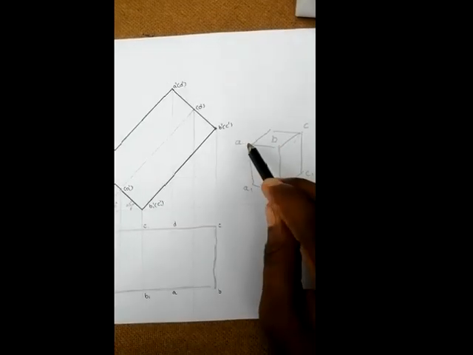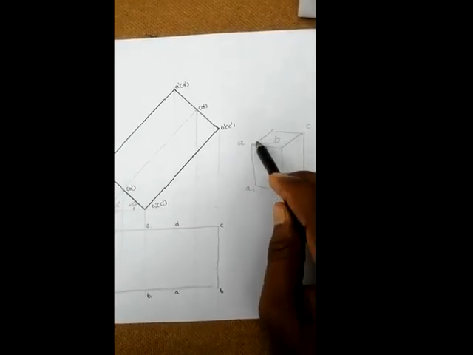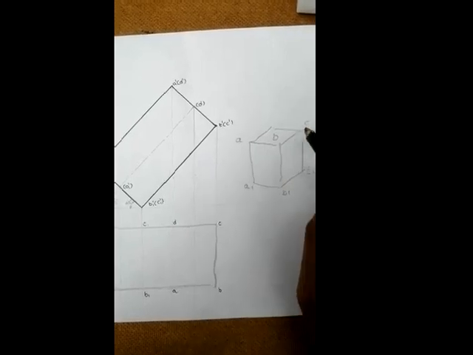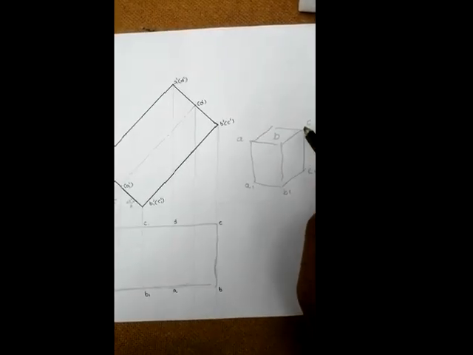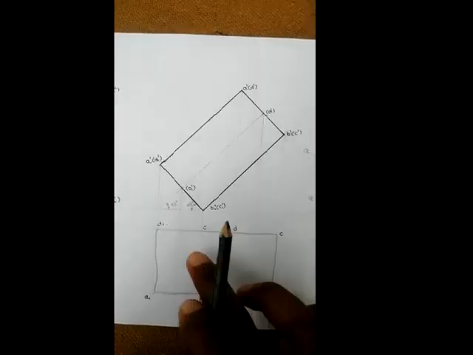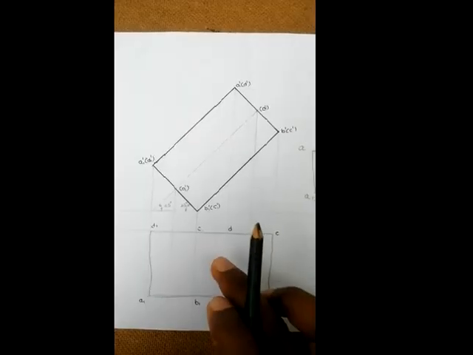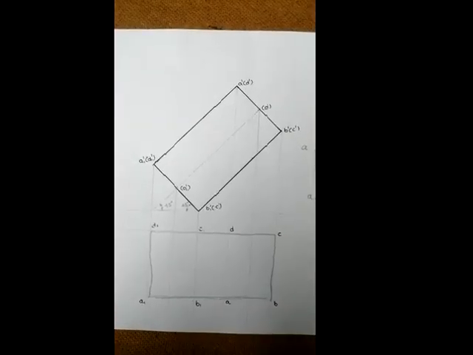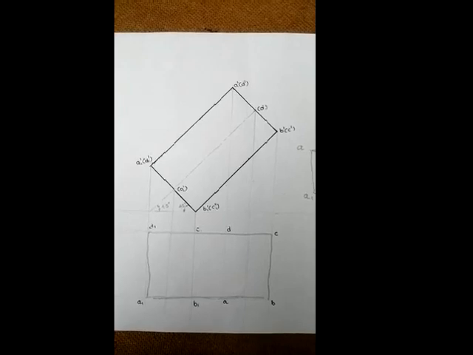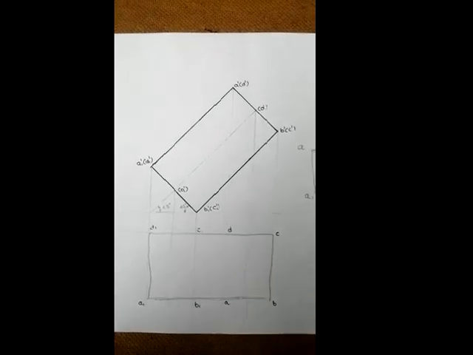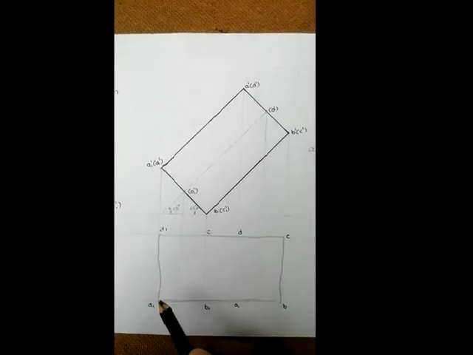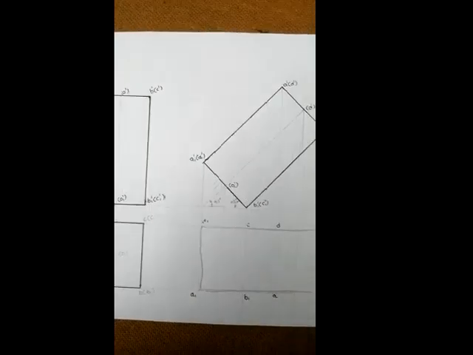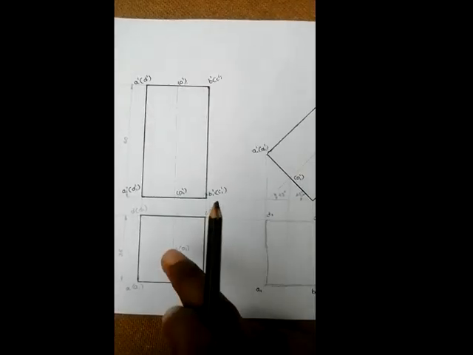So similarly, you consider any corner, there will be 1, 2, 3 lines. So even here 1, 2, 3 lines. That means in this diagram, from every corner or from every point, there should be 3 lines. Which are the 3 lines? So we'll start with A1. To identify those 3 lines, you can refer this diagram.